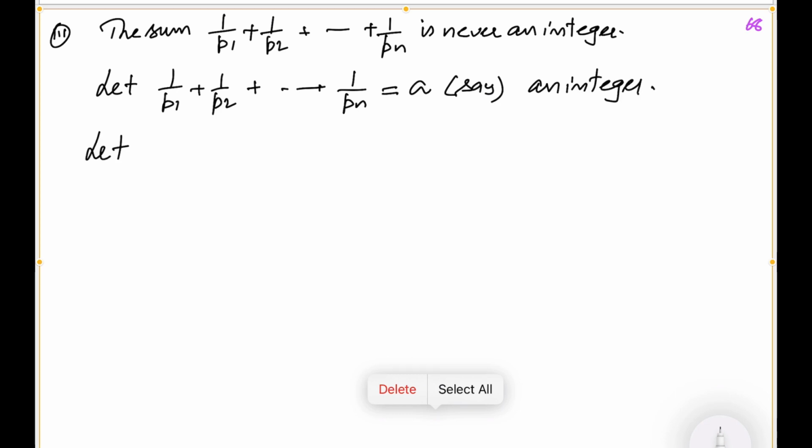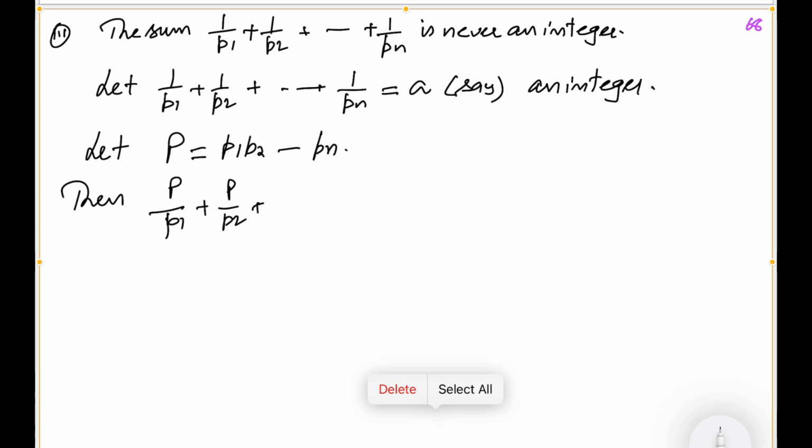And let the product of p1, p2, up to pn be capital P. Then multiplying by capital P on both sides, P by p1, P by p2, up to P by pn is equal to pa. Clearly,